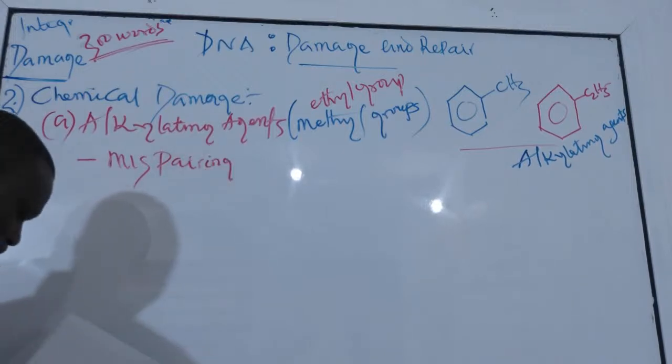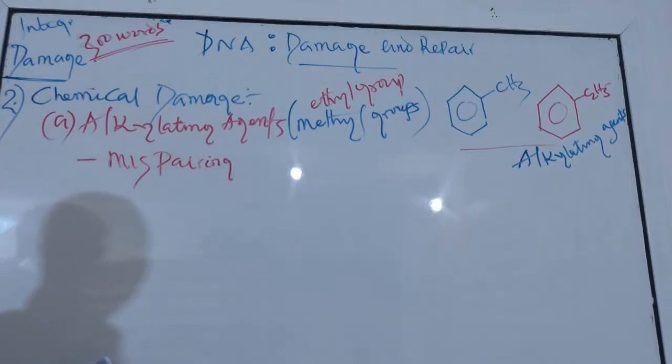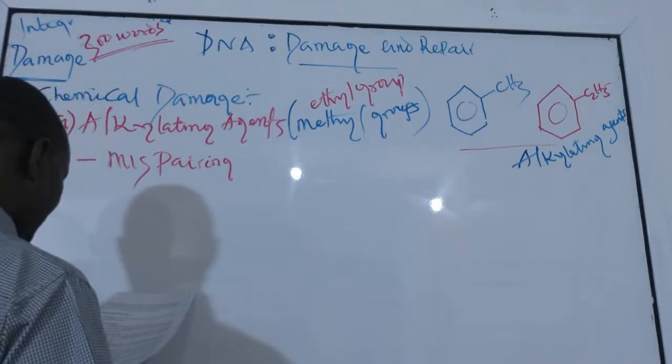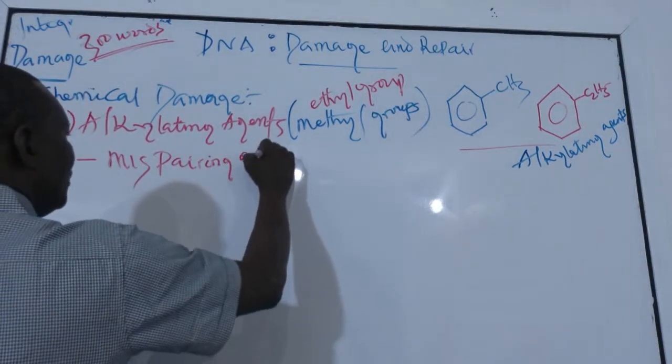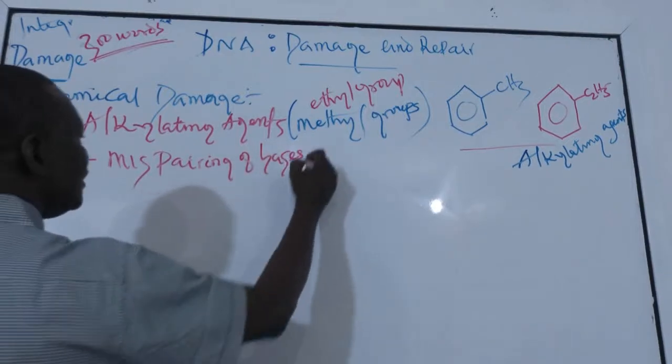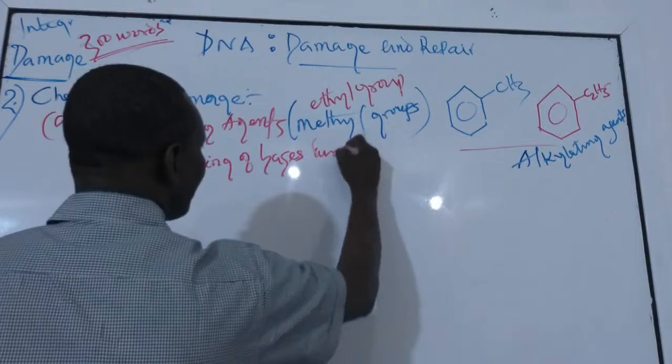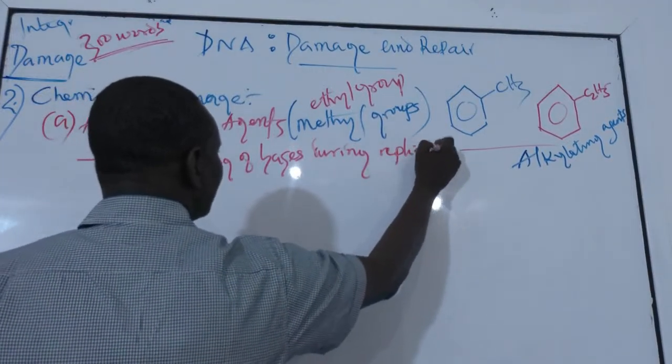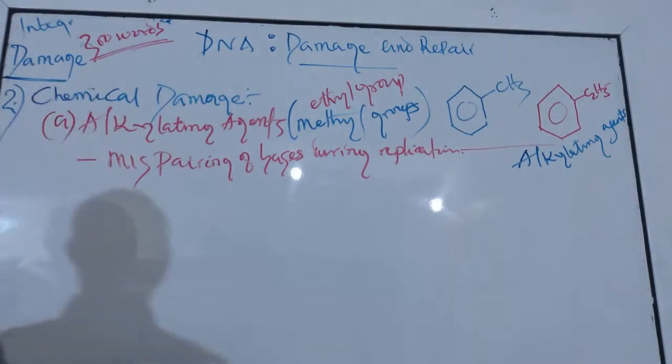Don't forget that the nucleotide bases of DNA also have a methyl group. Some of them have a methyl group, so it's going to lead to mispairing of bases during replication, and that can be caused by alkylating agents. Okay, then the other one,